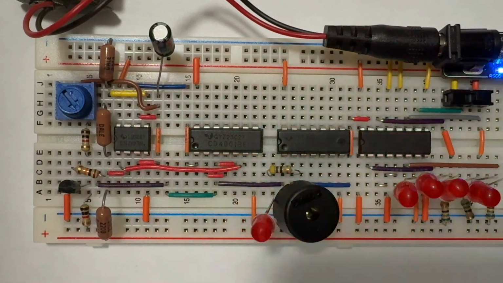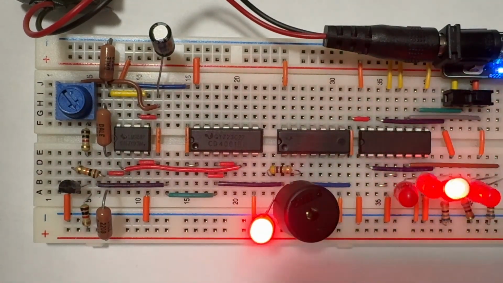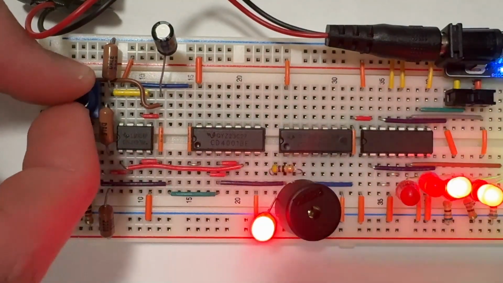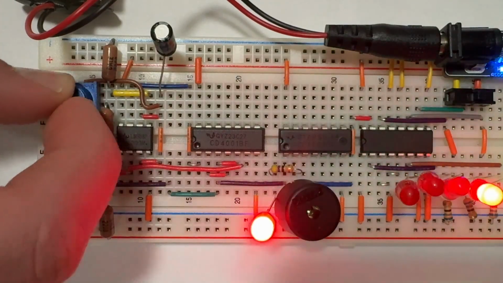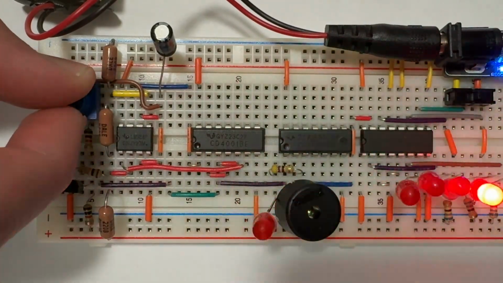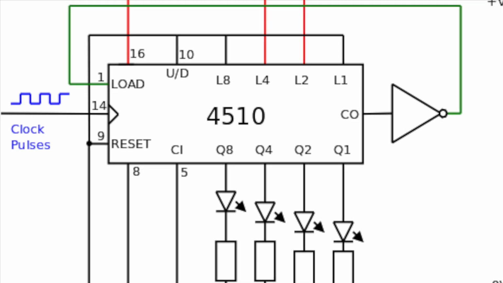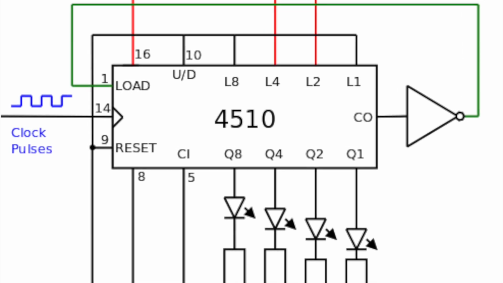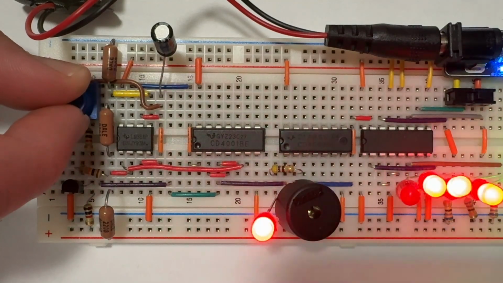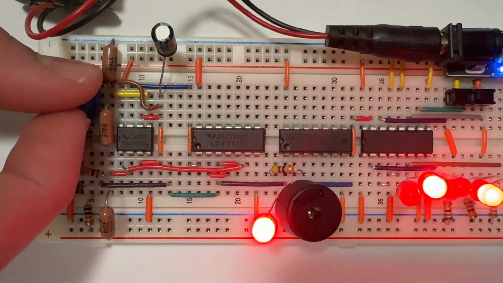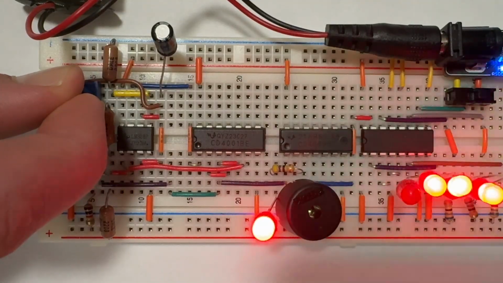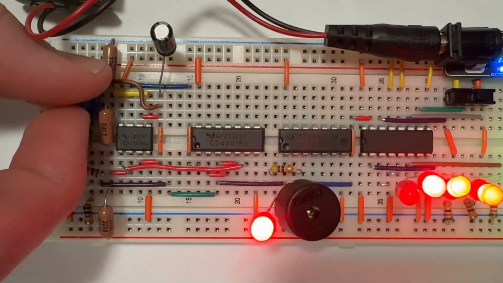Finally, the square wave output from the 555 is used to drive a CD4510 4-bit BCD counter. Each rising edge on the clock signal adds to the counter, with its 4 outputs connected to the LEDs to display the binary value. Q1 is the least significant bit, on the right, while Q4 is the most significant bit, on the left. As the 555 pulses, the LEDs change to represent the count from 0 to 15 in binary,